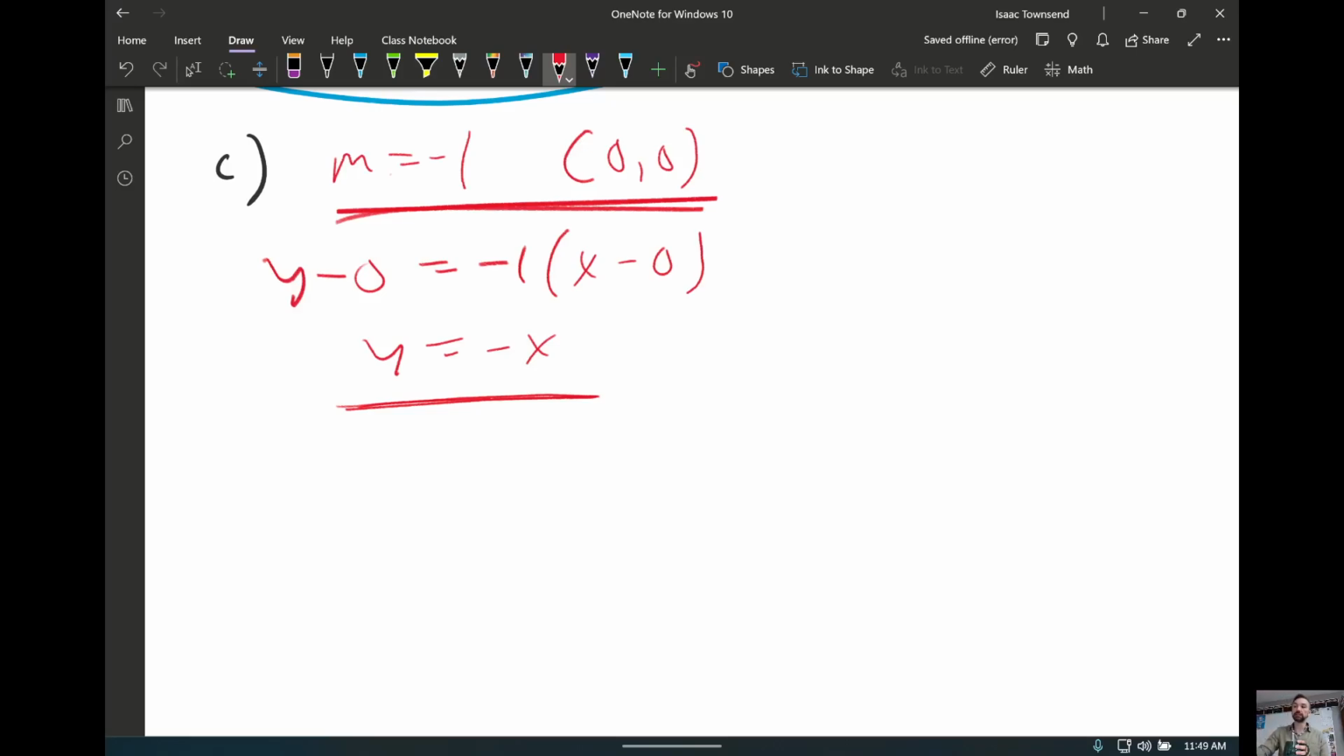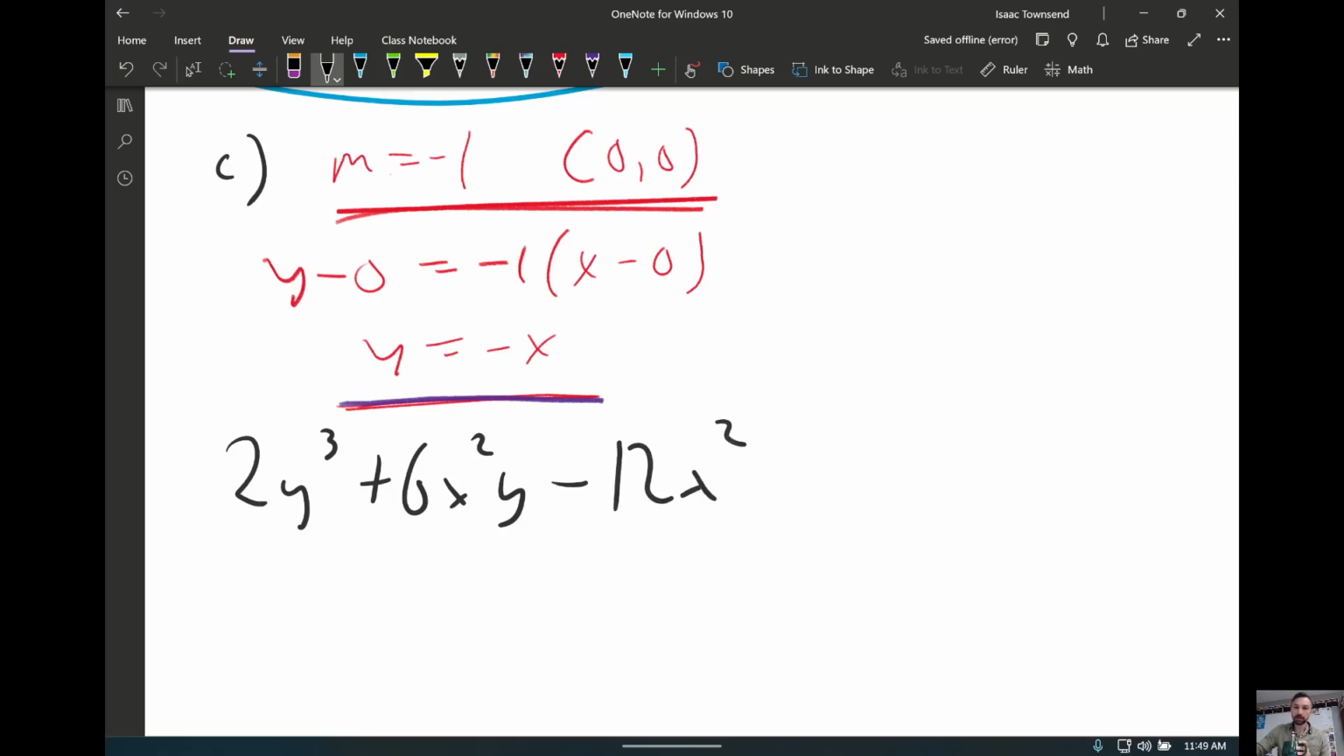So they told me this, I pieced together this, and now this is like substitution. I know what y is in terms of x, so I can go to that original equation and I can substitute. Everywhere there's a y, I can put in a -x,